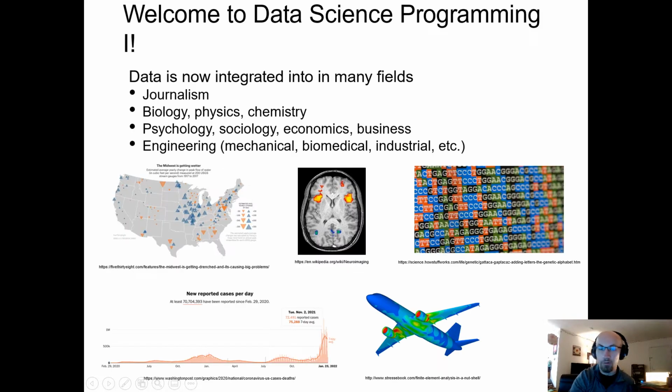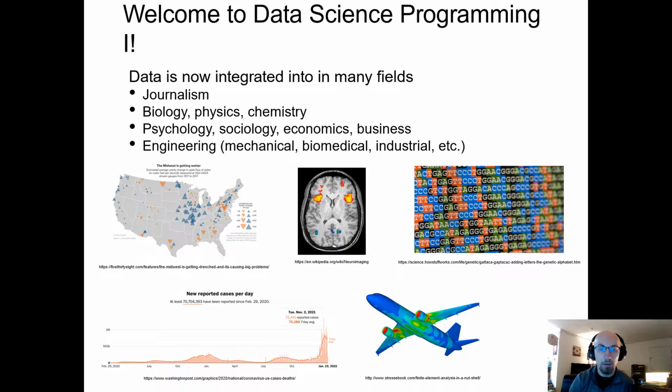What are we going to be covering this semester? Well, this is all about Data Science Programming 1, and a little bit about myself. My background is in software engineering, and it's in cybersecurity, and I was able to get through computer science without touching data science too much, which is absolutely no longer the case even in these past couple of years.